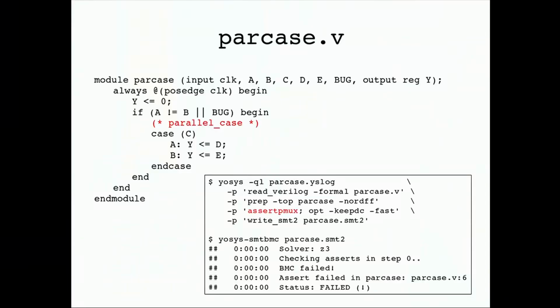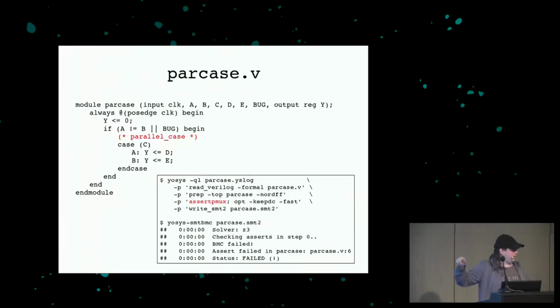Okay, I have some other examples that I would like to mention quickly now. There is a special command called assert pmux that adds additional assertions to your design whenever there is a parallel case statement. In this example, we have a parallel case statement in Verilog. So we, as a designer, tell the tool that those two cases in the parallel case statement are exclusive, and the tool might use this information to do any optimizations. And if we are wrong about this, if the case statement is not actually parallel, then we might run into